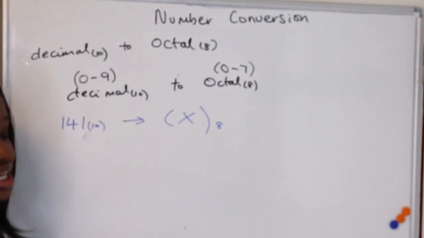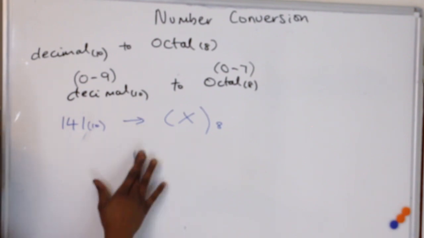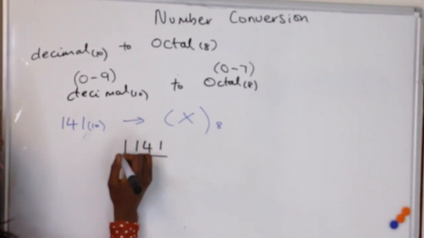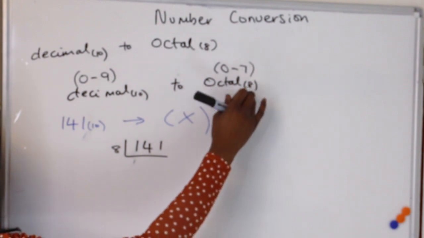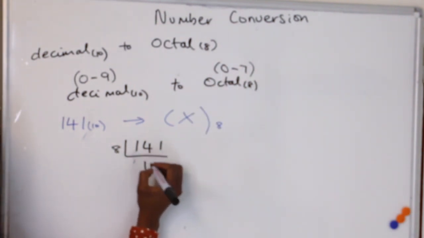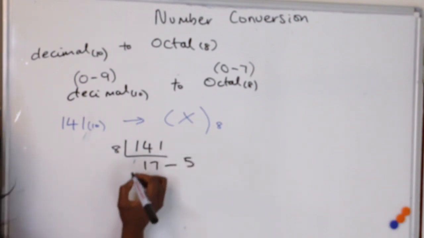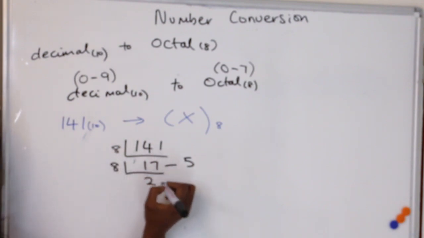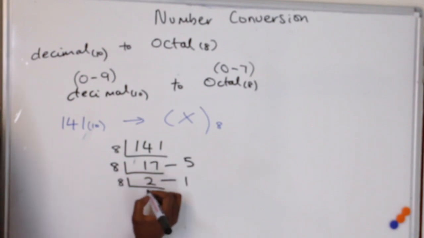In an octal representation, you'll do 141 divided by 8. Because remember, every time that we're given something, we have to divide by what's on the right in the base. So it's 17 with the remainder 5. And then 8 again is 2 with remainder 1. And then if I divided by 8 again, it's 0